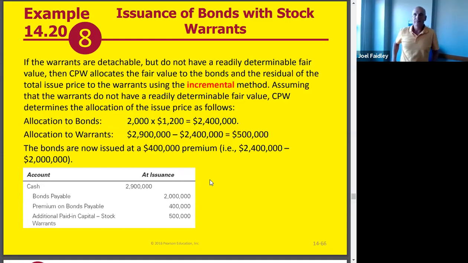The incremental method says, well, we know the value of one, but not the other. So in this particular case, it says assume the warrants do not have a readily determinable fair value. Well, if we don't know what the value of the warrants are, then we're going to value the bonds, because we do have that, and then just plug everything else into the warrants. That's a plug number. So there's my same 2.9 million for cash. There's my bonds payable. And the premium on bonds payable must be 2.4, or the total cash proceeds must be 2.4 million, because we just calculated that these bonds are issued at a $400,000 premium. 2.4 million minus the,